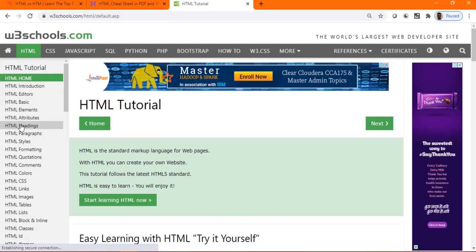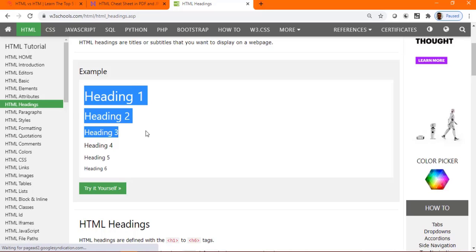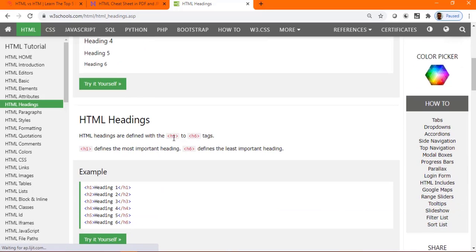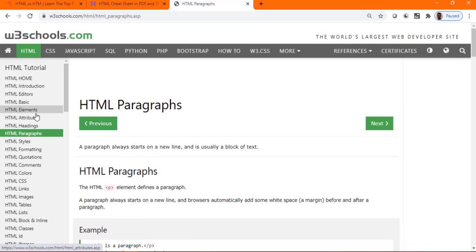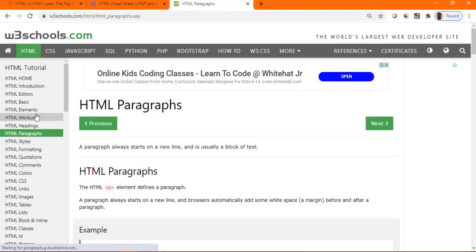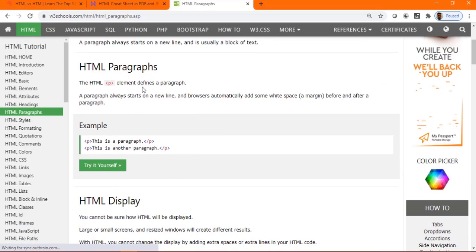So you can use H1 to H6 like this. You can just go back to the code, take the syntax, and you can see how exactly the heading will look. Oh, I want to use a paragraph. Can I just click paragraph? So for every individual element, how it is supposed to be used, what its syntax is, you always get it here. This is used for defining a paragraph. So you can use P and /P and in between you keep the information.